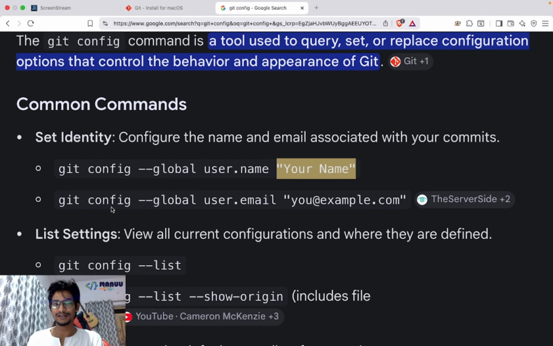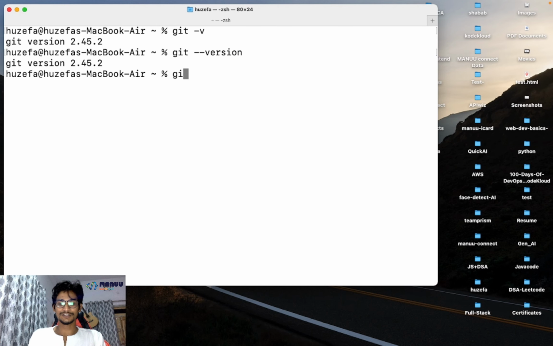And again git config --global user.email, something like that. So let's suppose, let me check, git config --global user.name